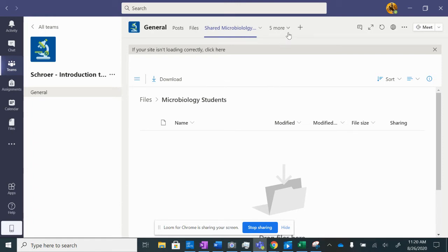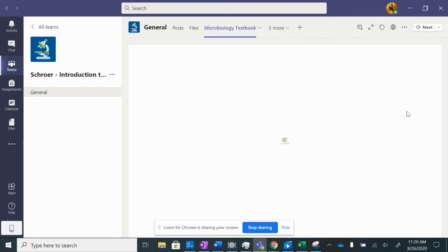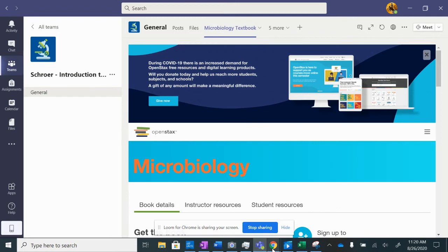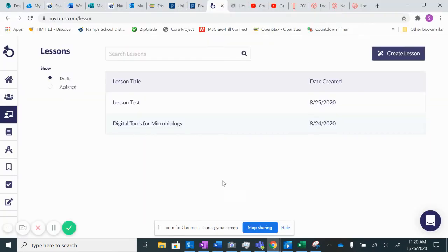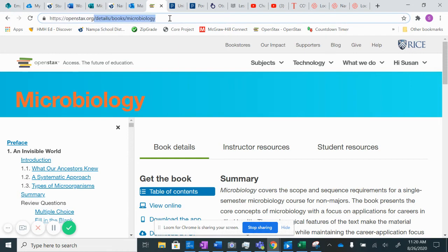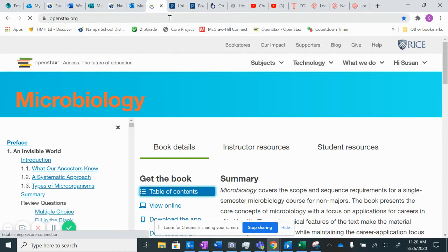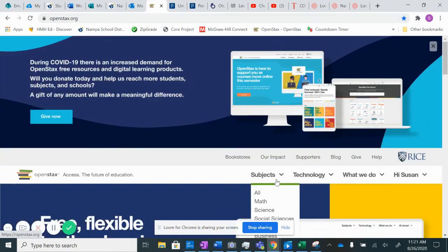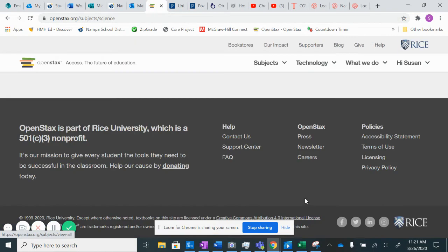The other technology tool I wanted to show you was our microbiology textbook. You can find our microbiology textbook at openstax.org. If you go to openstax.org, you'll see subjects. You can go to science,